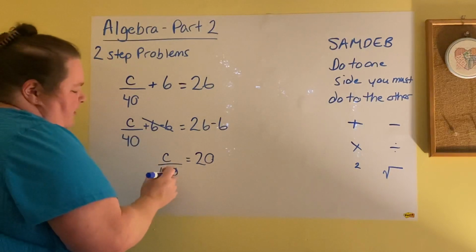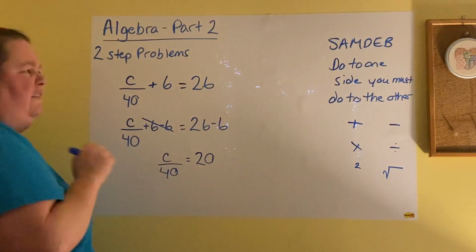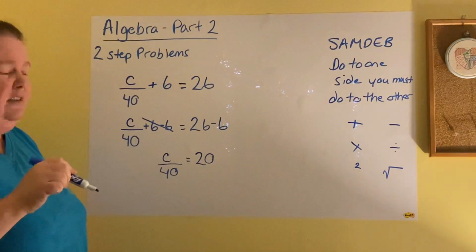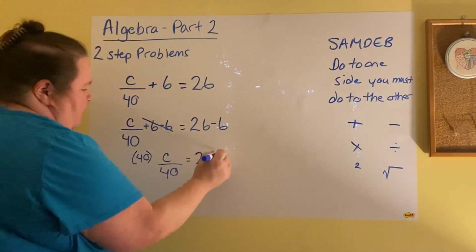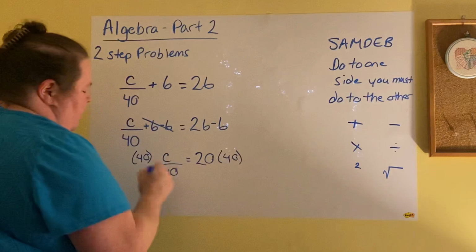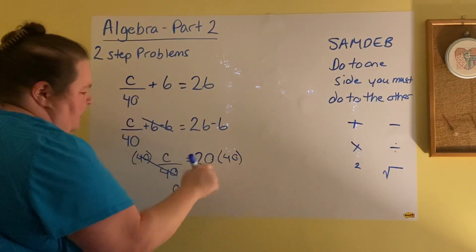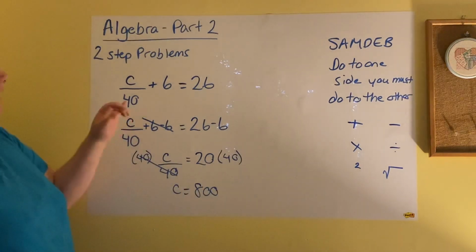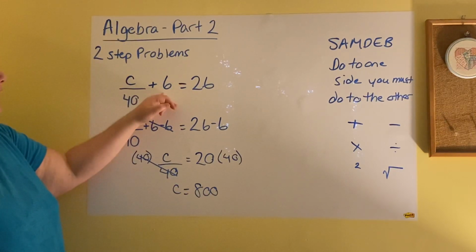Here, I'm going to look at, okay, if I've got something divided by 40, I've got to cancel dividing by 40 by multiplying by 40, and I've got to do it to both sides. So, multiplying by 40 here, those are going to cancel out. I'm left with my variable, and this is going to end up being 800. Okay, so again, 800 divided by 40 is going to give me 20, and that added to 6 is going